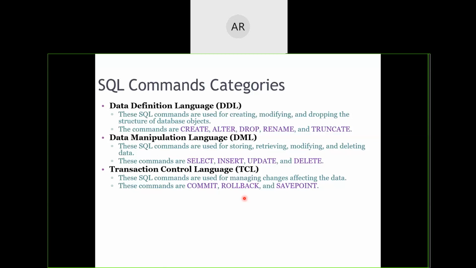Whatever 10,000 you mentioned for withdrawal, that operation should be rolled back and 10,000 should be rolled back into your account. But suppose you have done the transaction successfully, then it should make a change in the database telling that you have withdrawn 10,000 rupees from your account. That means you are going to commit that you have done with the transaction.